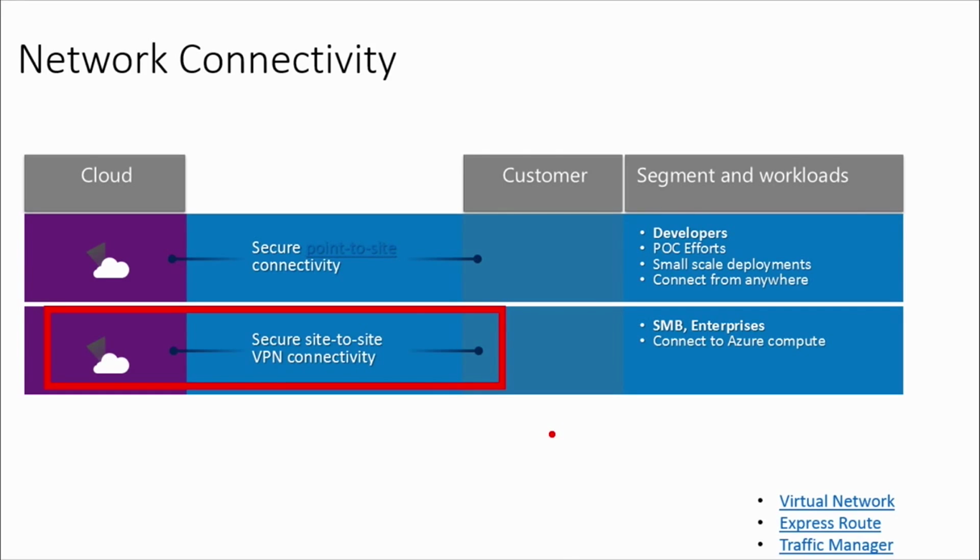Okay, great points. So next, we'll go to the next level, and now not looking at just one workstation connecting to the cloud. Now we want to do a site-to-site connection, right? In this case, we're going to need a gateway to make that connectivity from an on-premises site to a network up in Azure. And the type of workloads we look for here are going to be things for large organizations, enterprises, where you need to connect to Azure Compute specifically.